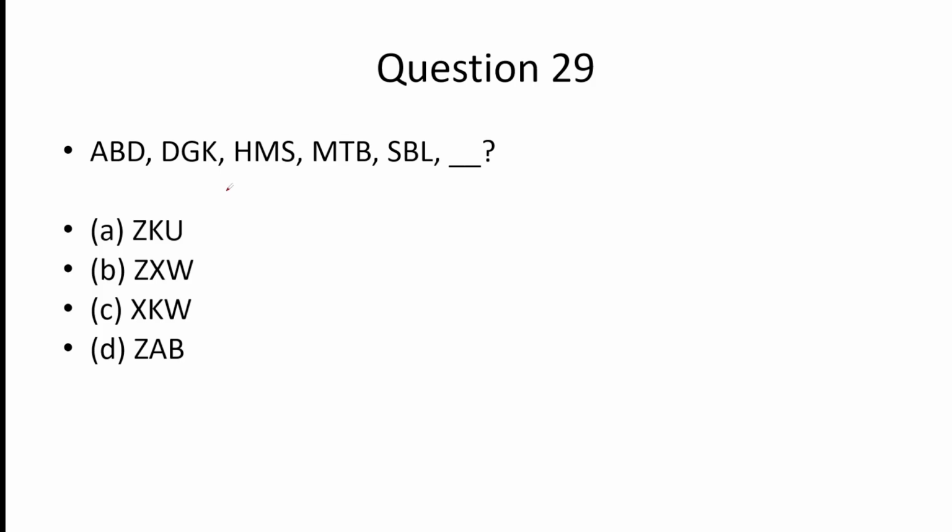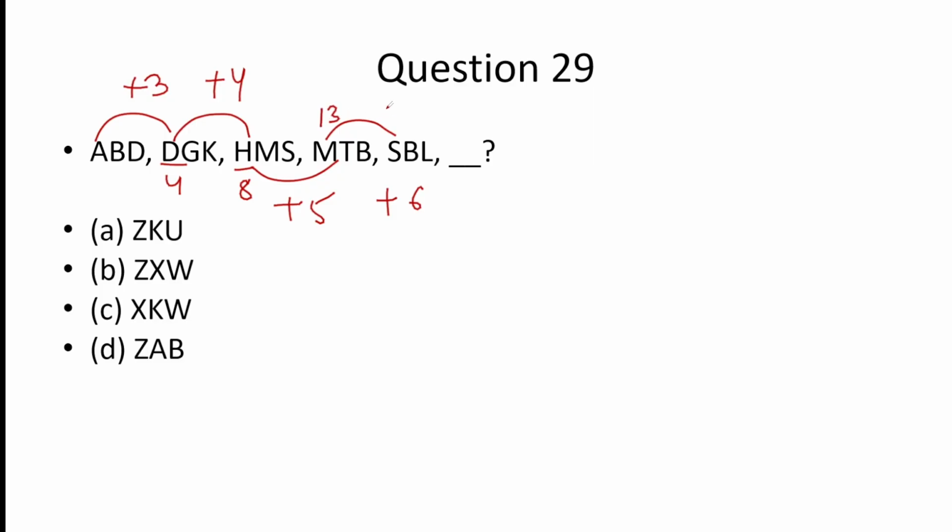This is now an easy portion, reasoning. You can write ABCD to check the pattern here. See, A to D, what is the shifting? Plus 3. Then D to H: D is 4, H is 8, so it is plus 4. H to M is plus 5, M to S is plus 6. M is 13, S is 19, so plus 6, right? So after S it will be plus 7. What is S plus 7? S's rank is 19, and 19 plus 7 is 26.